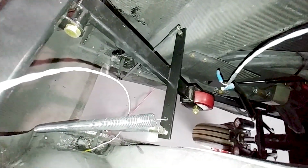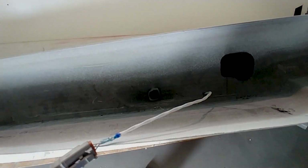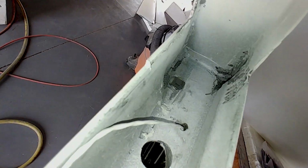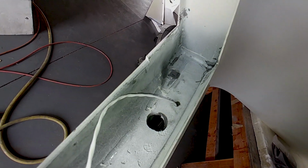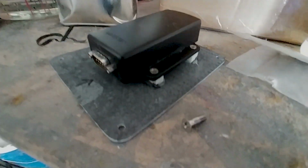And as you can see down there, I've got the spring on the nose gear retraction for the doors. I'll probably have to tighten that spring up a little bit, shorten it, and make it a little stronger, but we'll see. And then over here in the wings, Jeff's got the ailerons and the rotors just about to be fitted for the last time, so he's putting these little tabs in there so we can put some